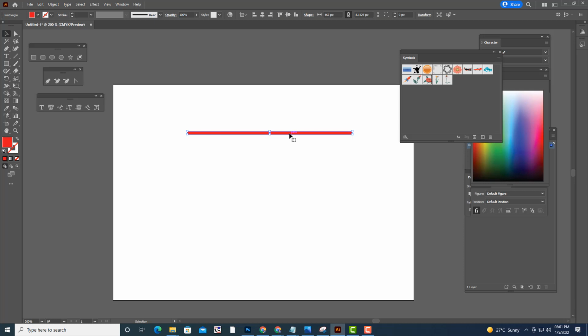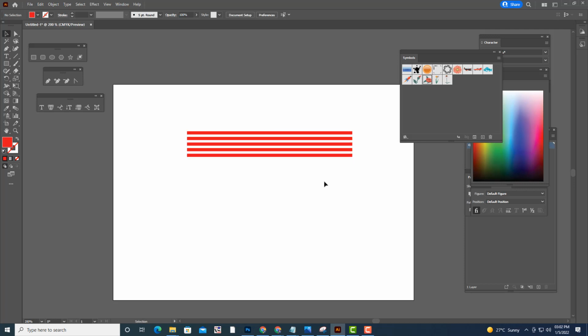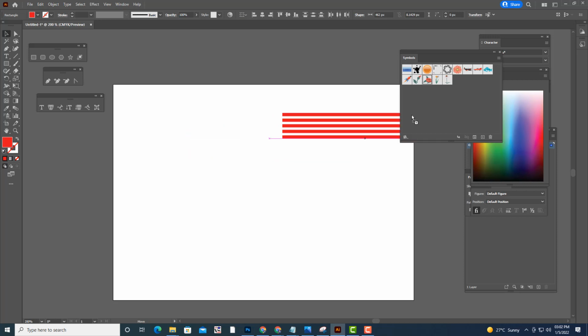Then we'll take one more duplicate, and Control D. So I have created these five rectangles.